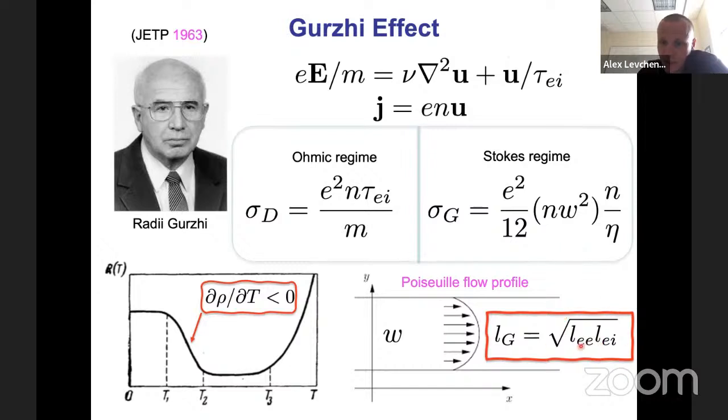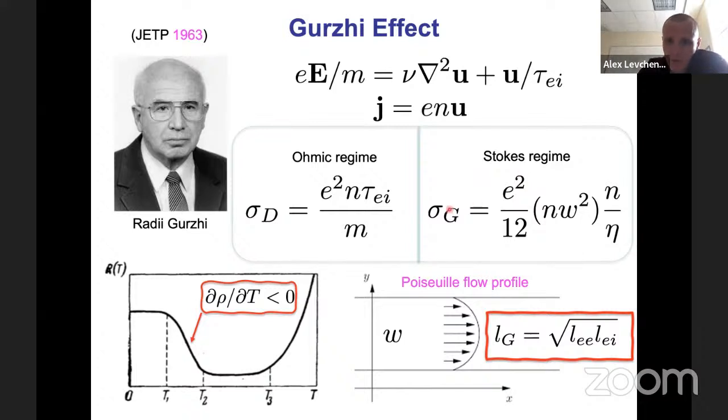which can be massaged into the geometric mean between the electron momentum-relaxing electron-impurity scattering length and the momentum-conserving electron scattering length, which is inside of the kinematic viscosity. And this object is called the Gurzhi length. And this Gurzhi length covers the crossover between the bulk flow. So meaning that if the width of this channel is much bigger than L_G, then you are sort of back to the ohmic regime. Or if the width of the channel is smaller than L_G, you are back into the Stokes-dominated regime of electronic hydrodynamics.